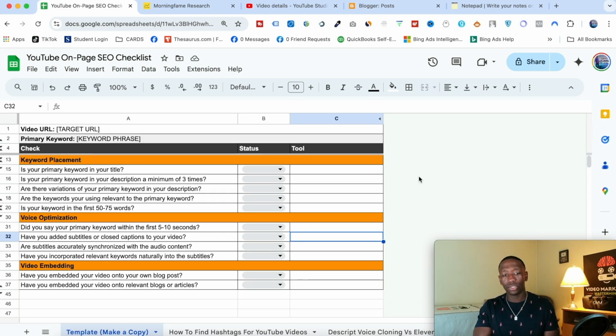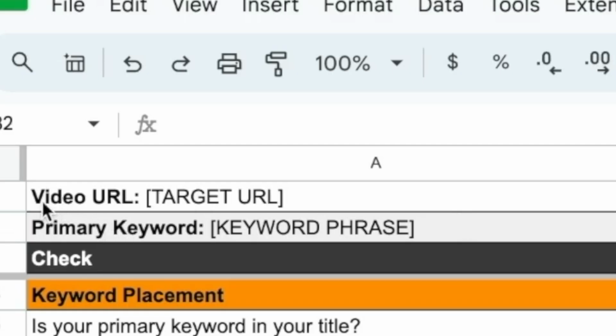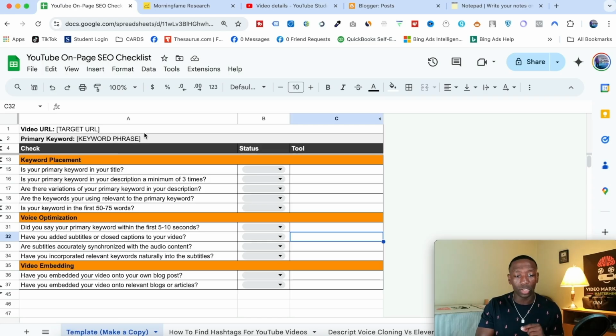So first thing you're going to do is you're going to look up here to where it says video URL. All right, so what you're going to do is you're going to put your video link here. Secondly, you're going to put the keyword that you want to rank for. Okay, so once you do that, now we get to the process of going through the keyword placement, voice optimization,